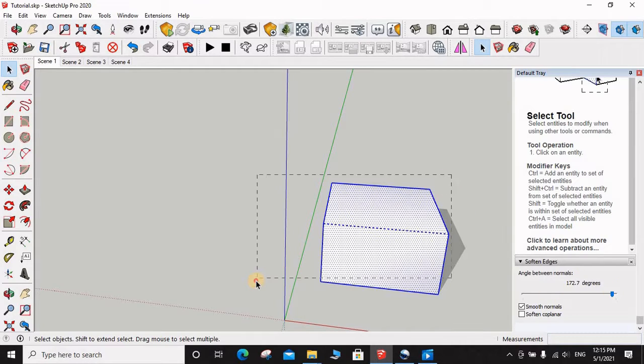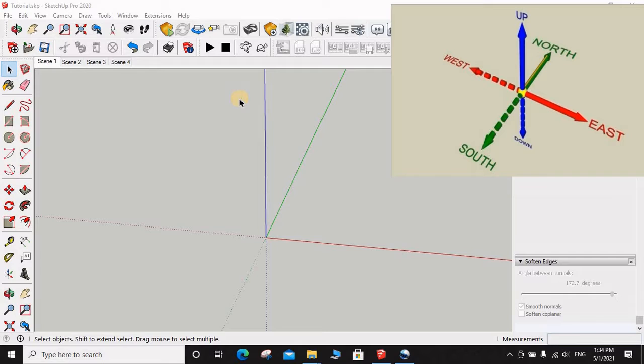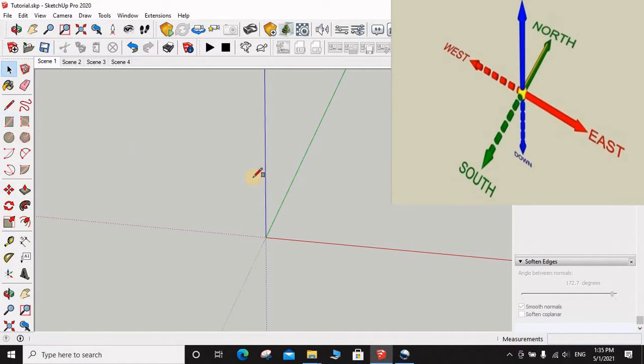Now we can get back to the toolbar option. Okay, while designing 3D objects, we should also know the components for 2D designing as well as 3D designing. While designing 2D plans, we should consider length and breadth, but not height. But while designing 3D objects, we should consider length, breadth as well as height. In this window, we see green axis, red axis, and blue axis. They represent length, breadth, and height. Green and red axis represent length and breadth, whereas blue axis represents height. Such as, let's draw a rectangle.